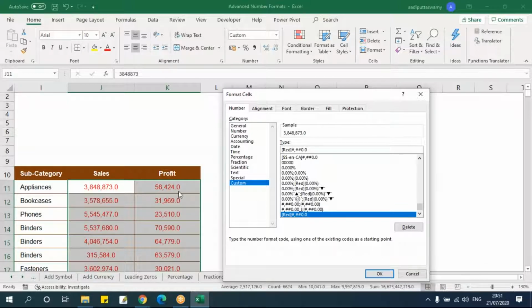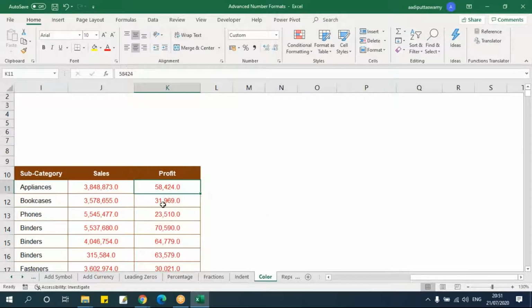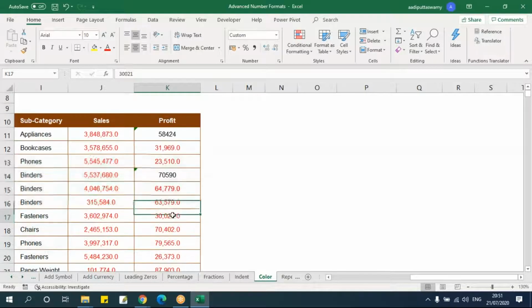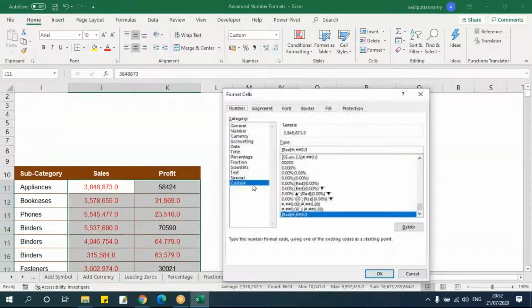But guys, sometimes what will happen, say there are some values which we have imported. This will become like text. So these are all text. See, the formatting is not applying for text. If you want to apply anything for text, then you have to use the at symbol. That is what we saw in the beginning. See, let me remove this red and I'll put it here. Put one at symbol. This at symbol, whatever is there, will specify that text.